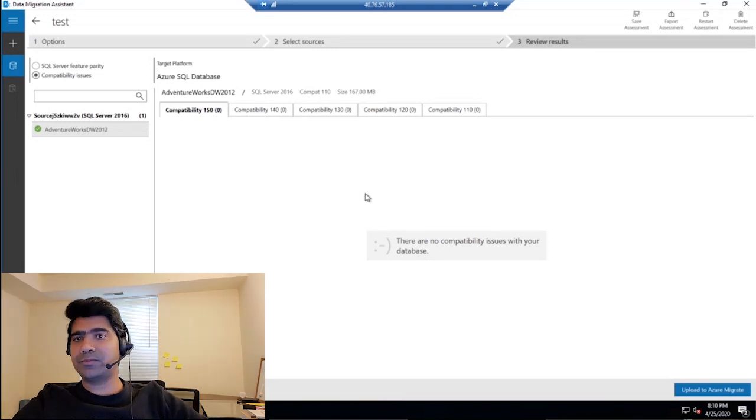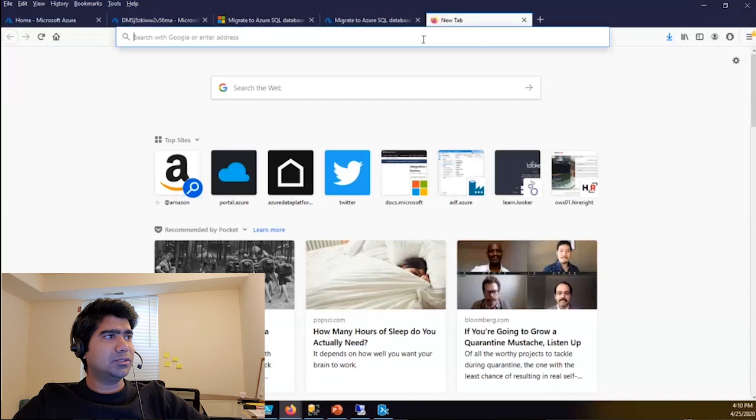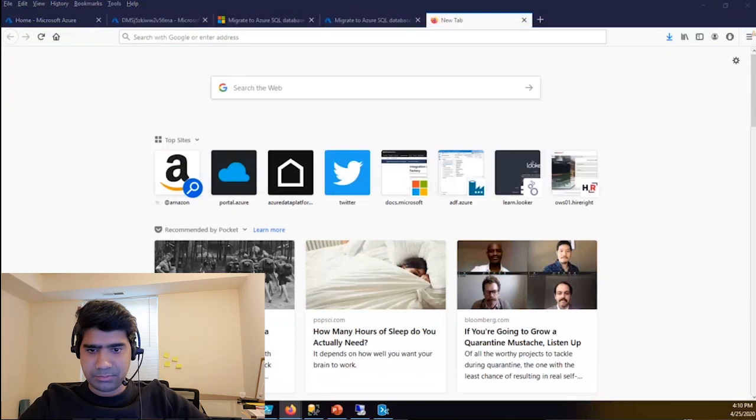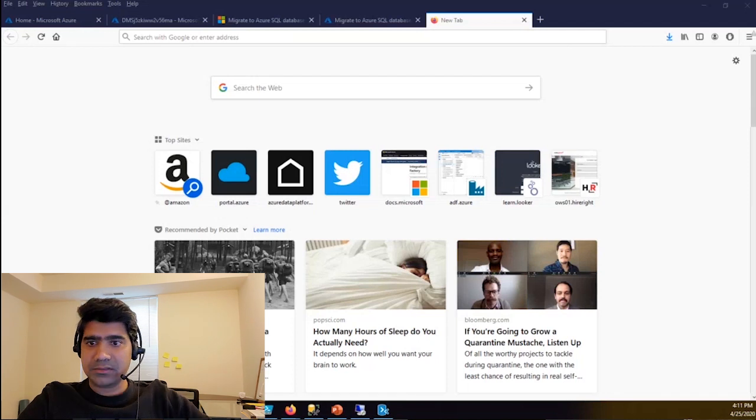DMA is for all types of SQL Server, like on-premise, and after that you can use the DMS service, Database Migration Service on Azure. And once you are done with this, you can go and stop the service. Once you stop the service, you will not be charged for this service anymore. Okay. And there is one more thing. Let me just bring one URL in front of you. That URL is very helpful in case you want to migrate any other database.